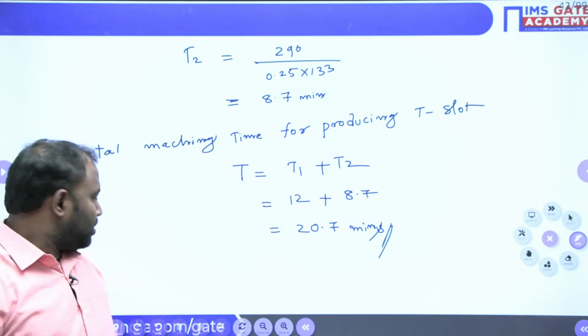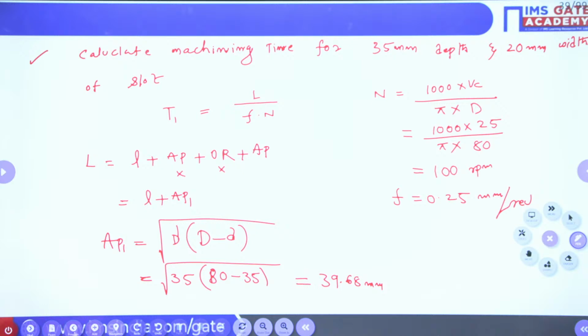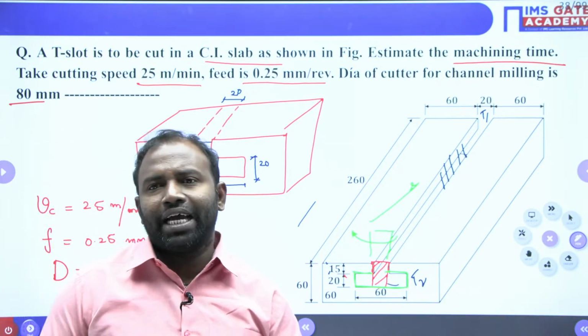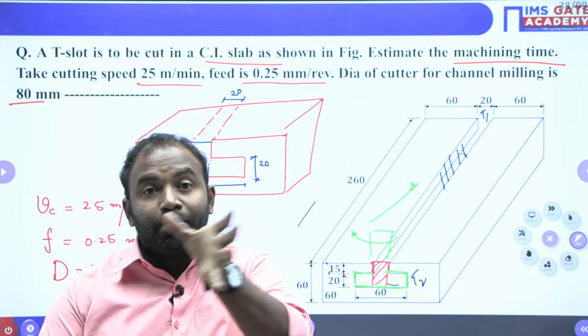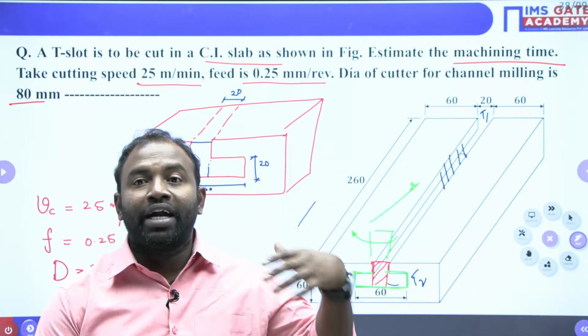Okay. Now if you encounter these kind of typical questions, most of the times they ask you to calculate the table speed and also the RPM, cutting speed,